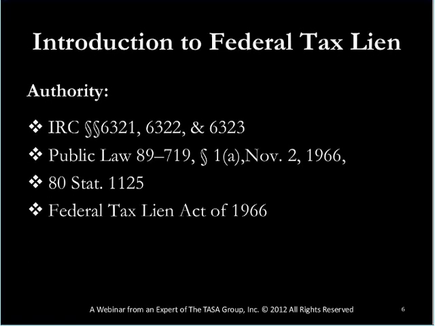The authority for the federal tax lien, as I said, comes from the men and women that you sent to Congress, who in 1966 enacted the Federal Tax Lien Act, from which were generated the Internal Revenue Code sections, the first three of which are 6321, 6322, and 6323. There are a handful of others. 6324 pertains to estate taxes. 6325 pertains to lien certificates, withdrawal certificates, release certificates, discharge and subordination of the federal tax lien, and so on. And, of course, the Act also contributed to the creation of the public law